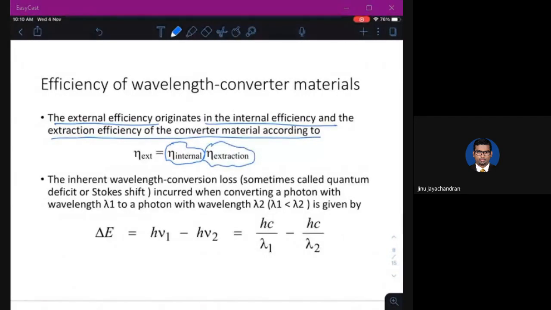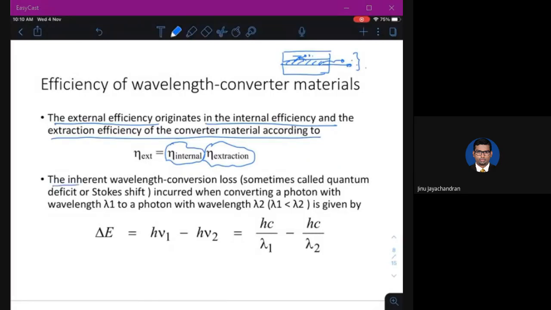Extraction efficiency: if you have a fabricated light source with an active region, some of the emitted light will be reflected back because of total internal reflection, and some will be absorbed by the material. So the net light coming out will not be exactly the same as that generated. The extracted light coming out will be less, and this is given as the extraction efficiency that we have seen in the basics of the LED class. The product of these two gives you the external efficiency.